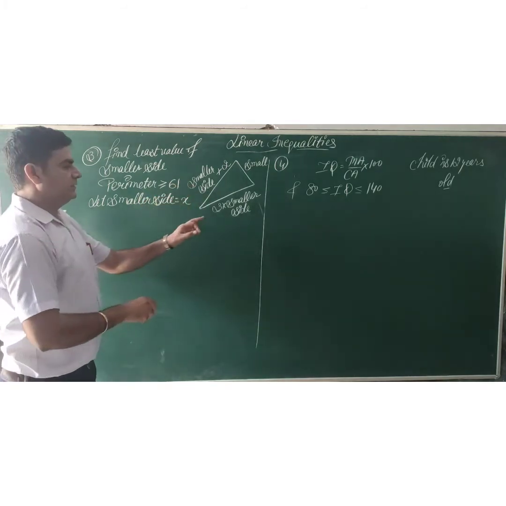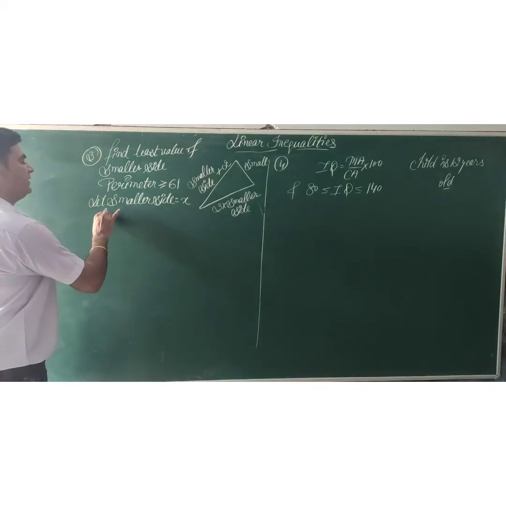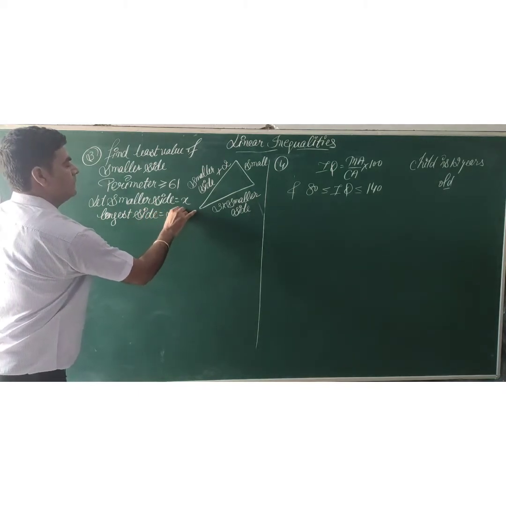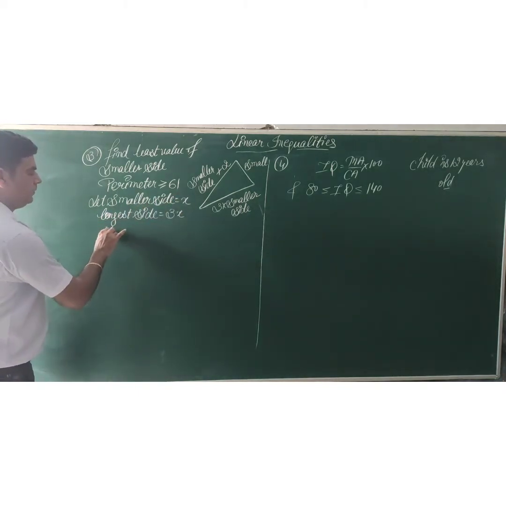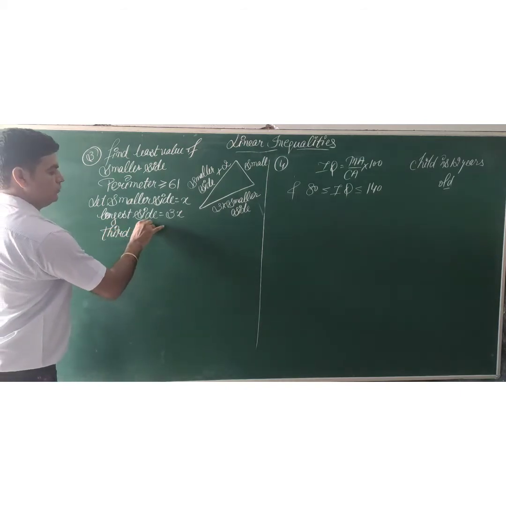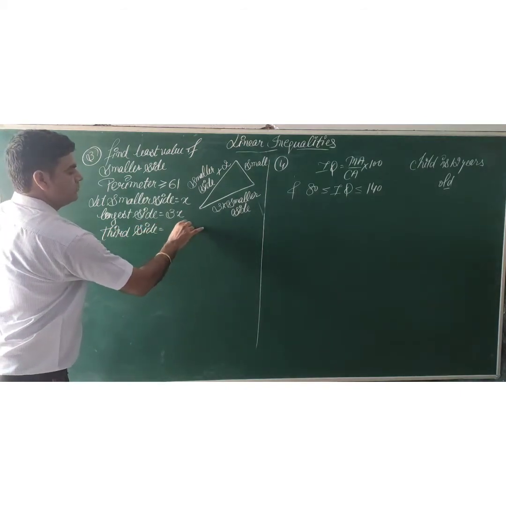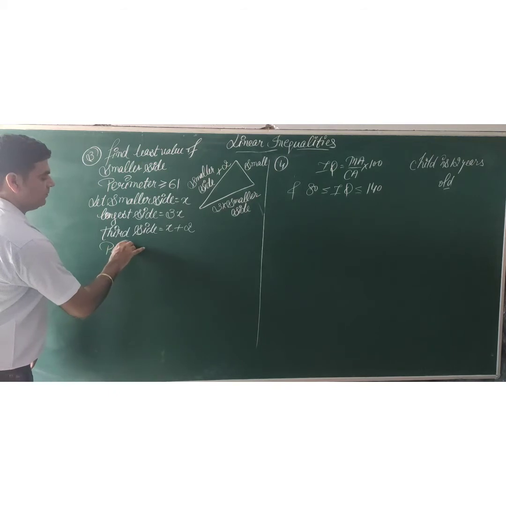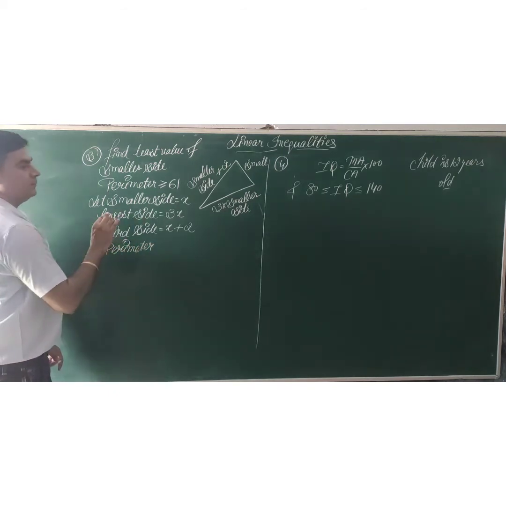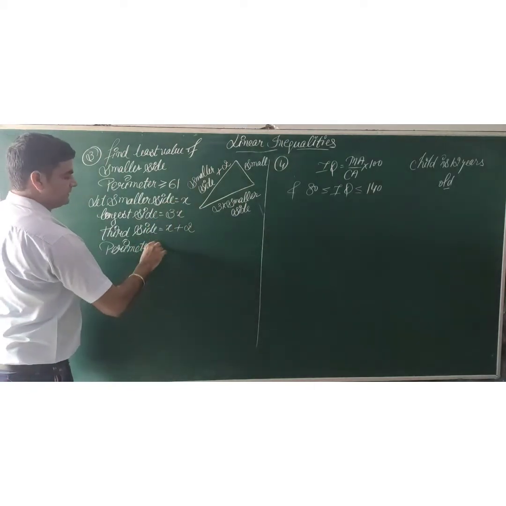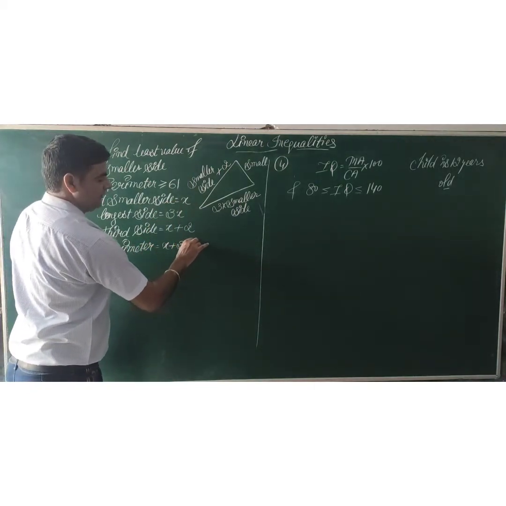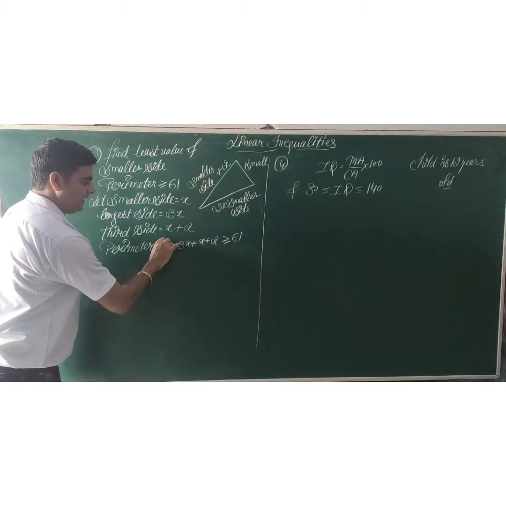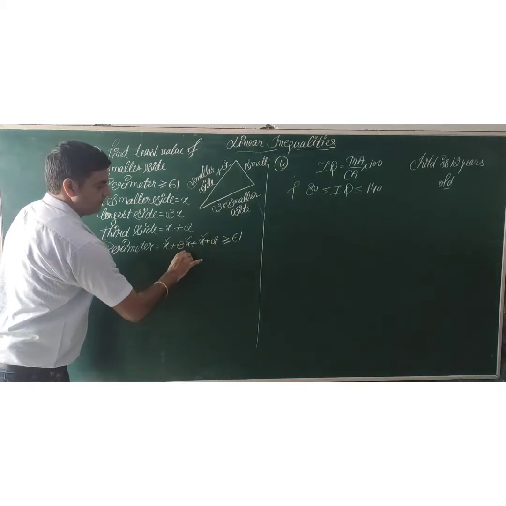Now, the longest side is given by 3 times the smaller side. The third side of the triangle is given by 2 more than the smaller side. 2 more means plus 2, smaller side means x. Now the data given is perimeter. Perimeter means the sum of the lengths of the boundary, means the sum of all the 3 sides. First side is x, second is 3x, next is x plus 2, which should be more than or equal to 61. If we see here, x, x and 3x, total becomes 5x.